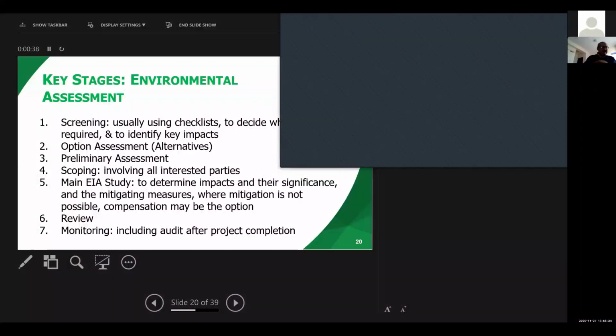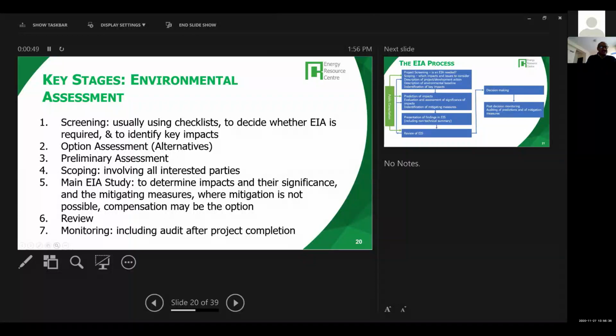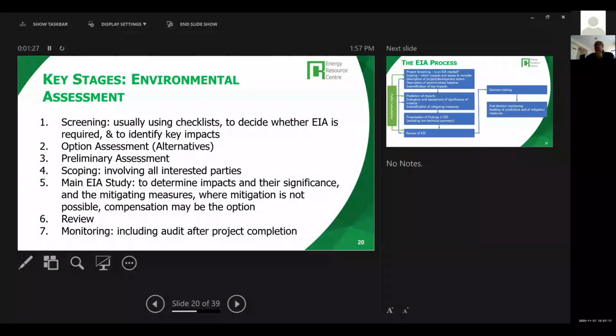Okay, so earlier I was talking about the general social environmental issues, and now I would like to specifically focus on the environmental assessment. And when you talk about environmental assessment, there are certain steps, stages, that are needed, and the main important part is the screening of the project. And when you do the screening, you are normally using what is known as a checklist